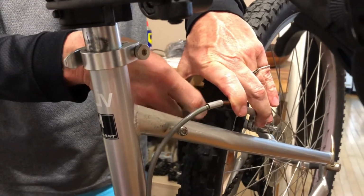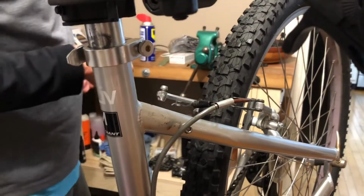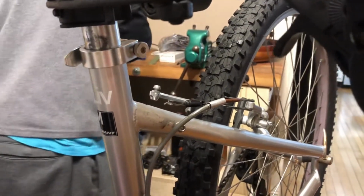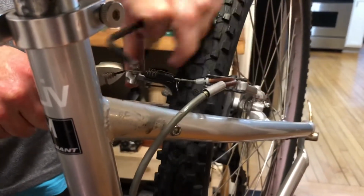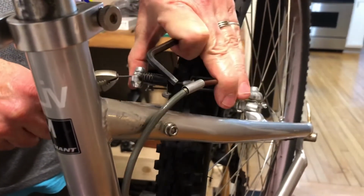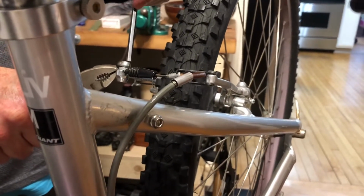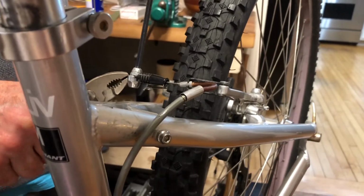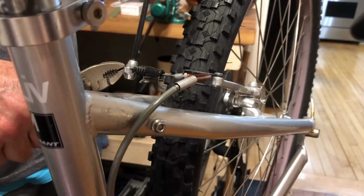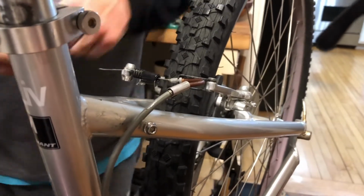You can see one strand of cable came off, so what I'll do is take some clippers and cut that off when we're done. Now I'm going to get a pair of pliers to just grab the cable. It's just easier. Slip it back in where it had been in the Allen bolt to tighten the cable down. I can tension it up with the pliers a little bit. I'm just going to roughly tighten it now, and then we'll see how it works after it's tightened up and